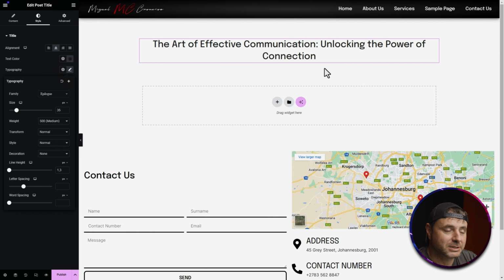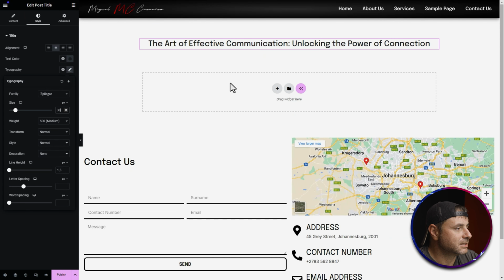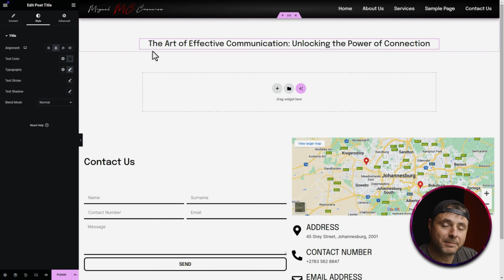I'm going to make this just a little bit smaller because as you can see, it's going on 2 lines and I don't really want that. So I think a 30 pixel for the heading is actually pretty good. Now that I'm happy with the style of my heading, I'm going to go ahead and add another spacer to